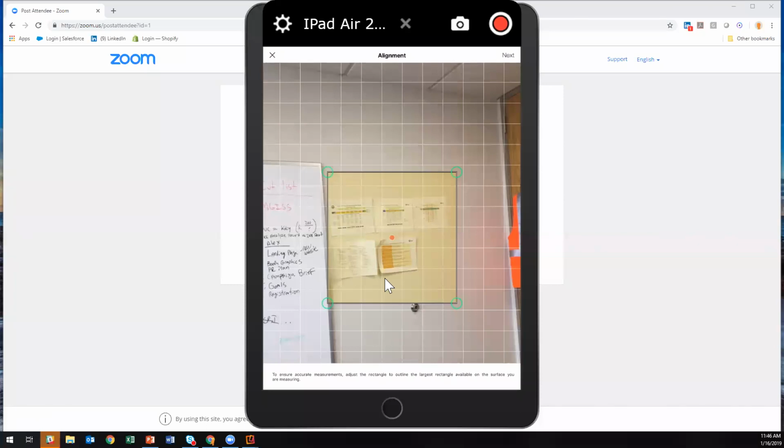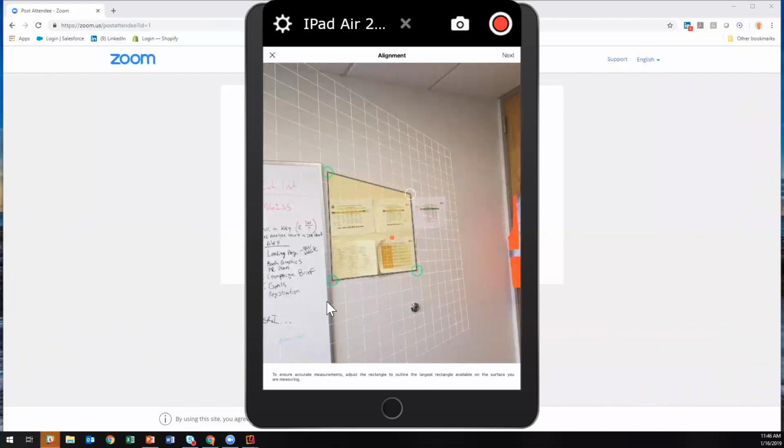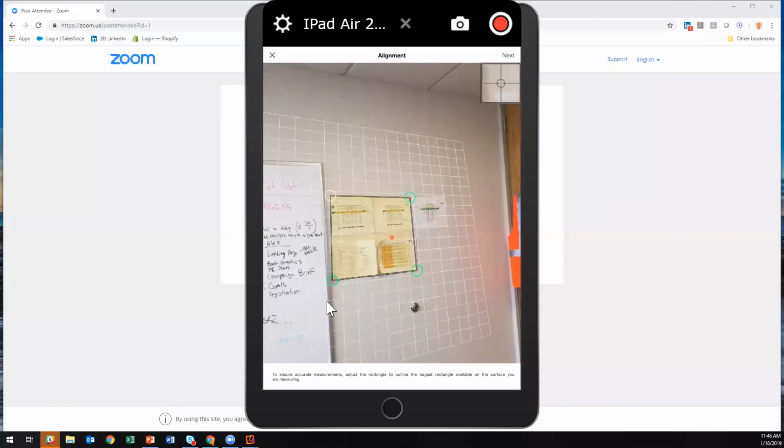And then what happens is that the laser, because we're doing a photo measure here, right? The laser gives me distance to target, so that gets me scale. But I'm at a slight angle here, so I need to adjust the alignment. What I look for is a naturally occurring rectangle, and I have that. I'm just going to take my finger and put it on these green little circles here, and find a naturally occurring rectangle, which I have. And you notice when I do that, see how this little imaginary grid is shifting around? Well, you can see how I'm setting that alignment so that I'm setting the perspective correctly.